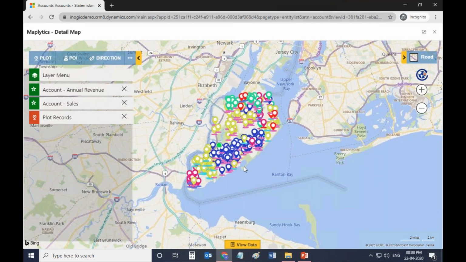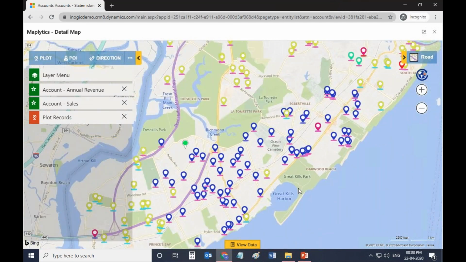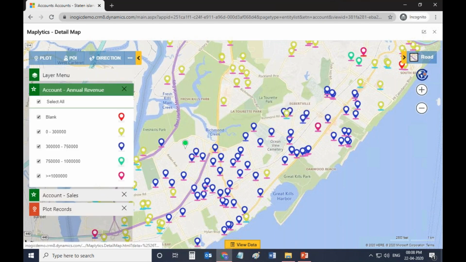So you can see that the push pins are different. So these are the push pins. This is a new kind of push pin that we have introduced into our latest release. So these push pins are made up of different components of the push pin. So the category card will help you to read the push pin. So here you can see that this category card shows the body of the push pin highlighted, which means that the body of the push pin represents this particular attribute.